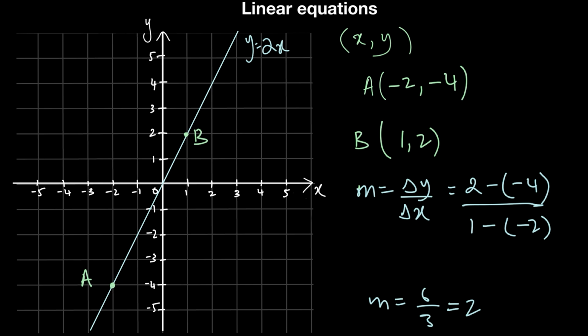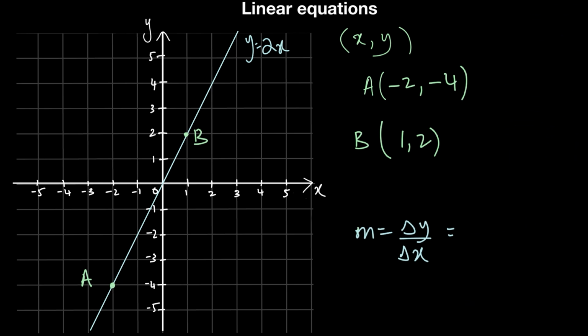Now, what if I had started at B instead of A? So what if I went from B to A? Well, my value of the slope shouldn't change. I can take any two values. I can choose A or B as the starting point. It doesn't matter. So if I took B as the starting point in this second example,